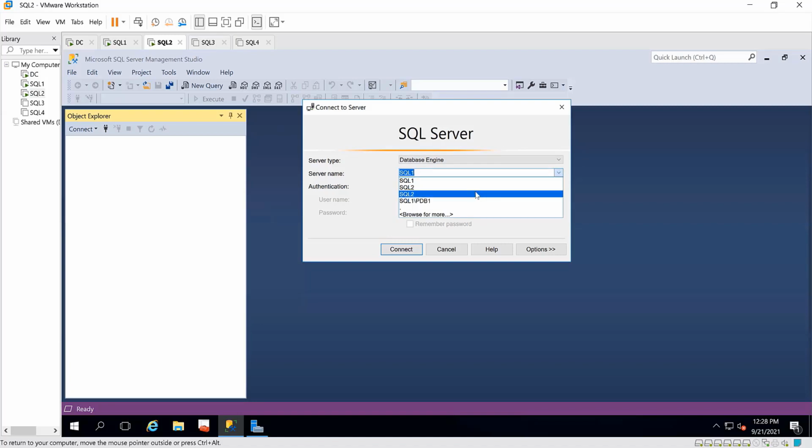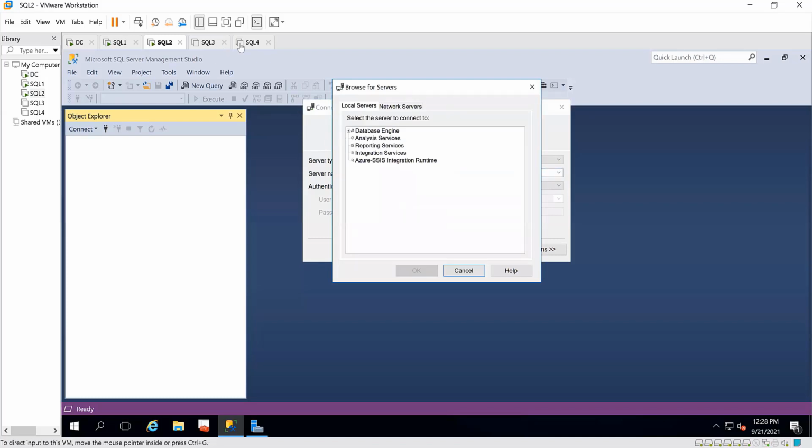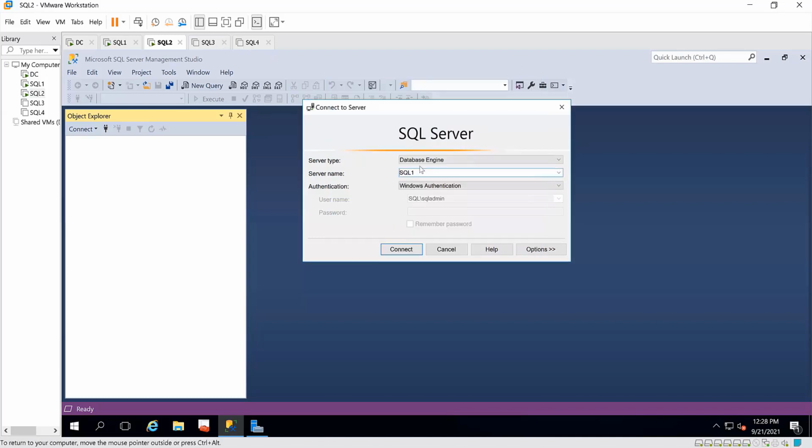I can decide to connect to server 1, or initiate a connection to my named instance and the other one. Okay, and I can use the browser to find anyone that is not coming up here right now. Okay, and then moving forward,